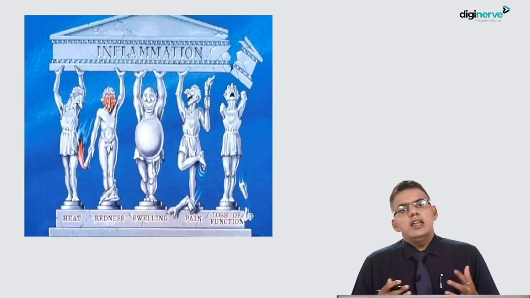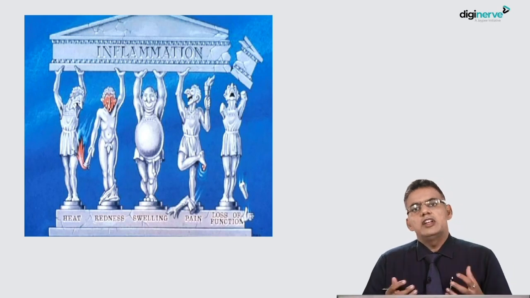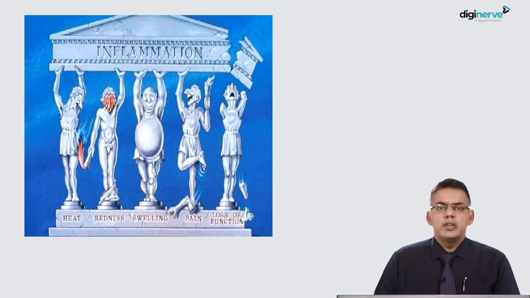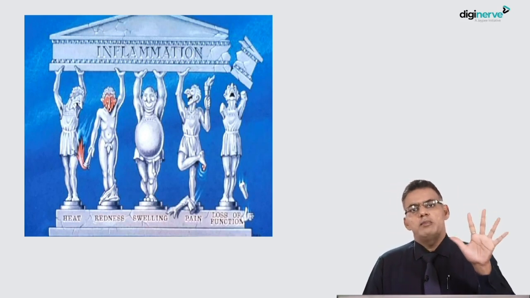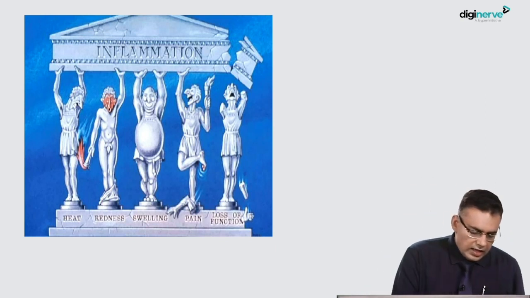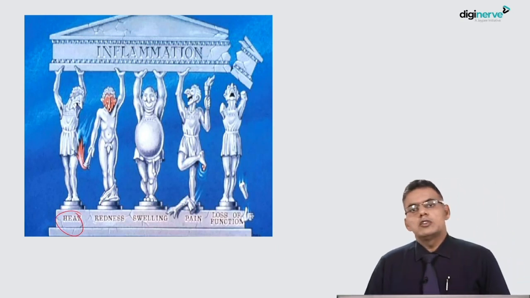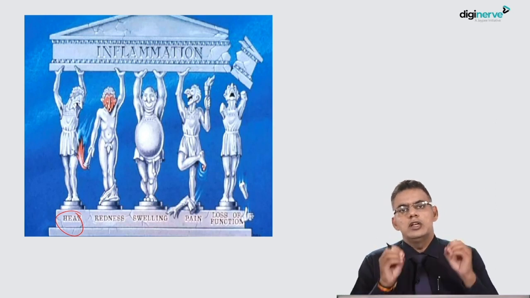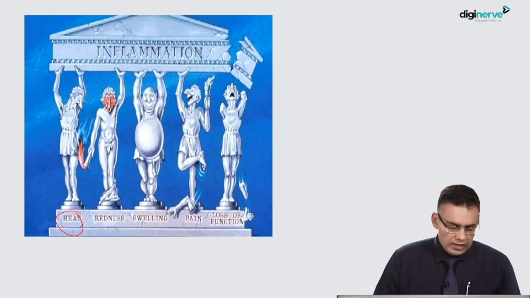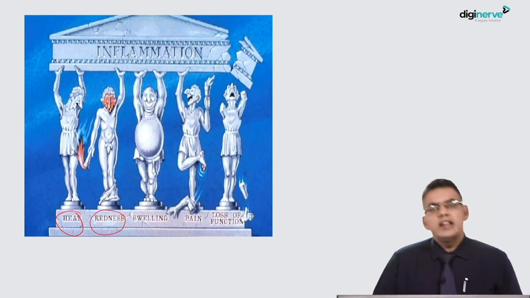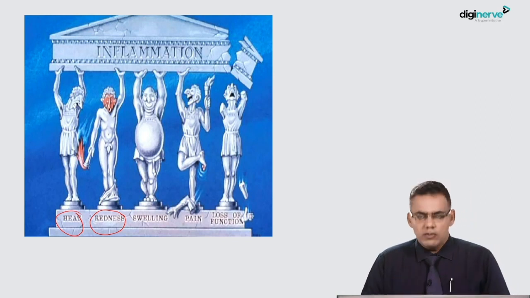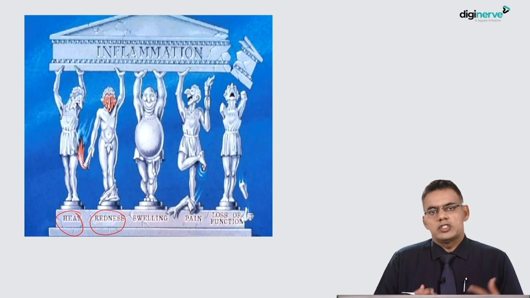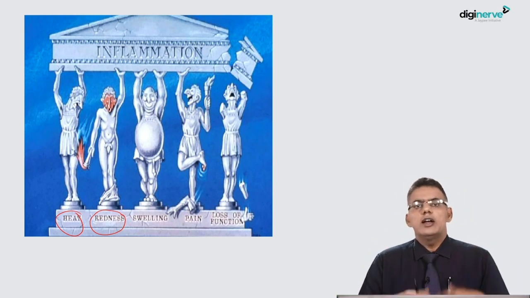Now, the body tries to warn us whenever there is an inflammation. This is a classical picture that talks about the 5 features of inflammation. The first feature is heat. Heat is because of vasodilatation. In acute inflammation, there is an increase in the blood flow. There is redness, which is self-explanatory. It is again because of vasodilatation and increase in the blood flow. The body is trying to use these processes to remove